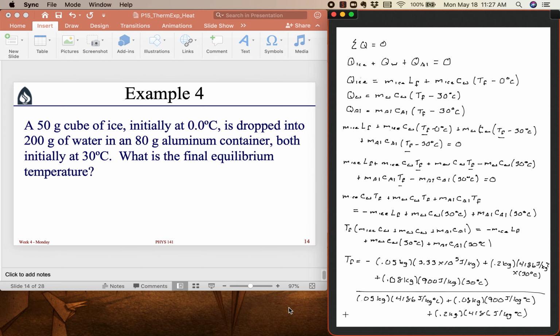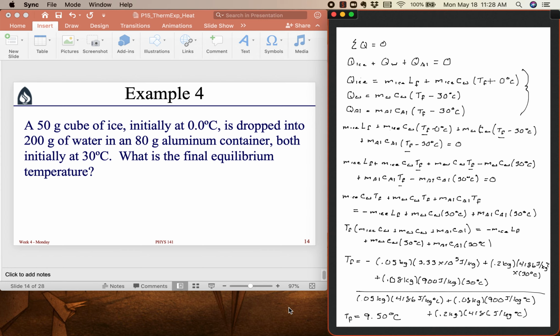So if I put all that into a calculator, I will find a final temperature of about 9.50 degrees Celsius. So that would be the final temperature that all of these materials reach. So it looks like there's a lot here, but it's actually just a bunch of algebra. The important stuff all happens up here, where we figure out what goes into each one of these heat exchange terms. So for ice, we had to melt the ice, and then we had to take that ice water and